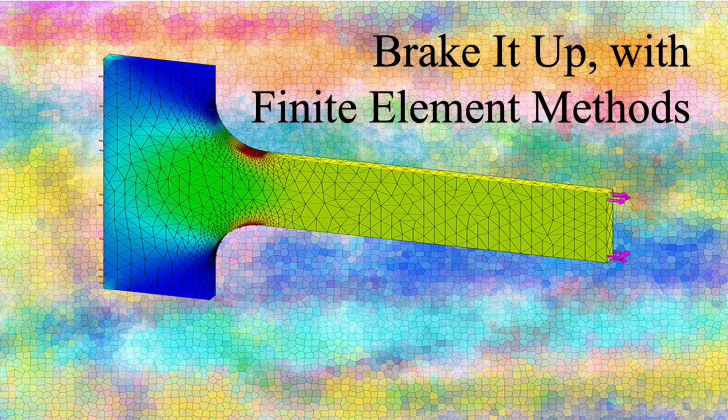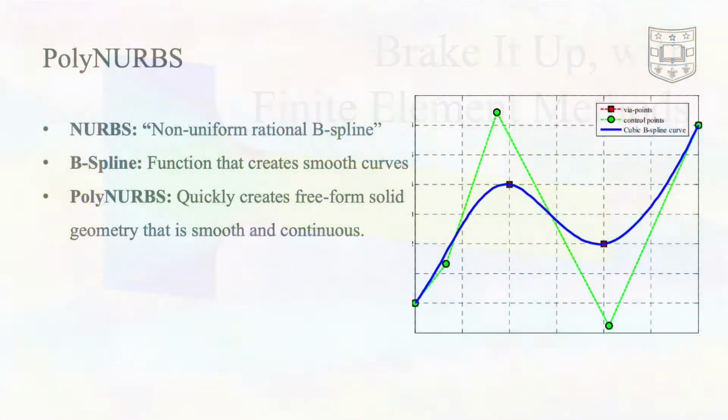Most topology optimization software, including what I use for this project, uses the finite element method to perform analysis on the given system. Once the initial optimization has been completed and a rough geometry has been produced, that shape then must be converted into a smooth and continuous shape, which can be more realistically manufactured and further analyzed. In the program I use, that is accomplished with polyNURBS, which is basically a way of quickly creating freeform solid